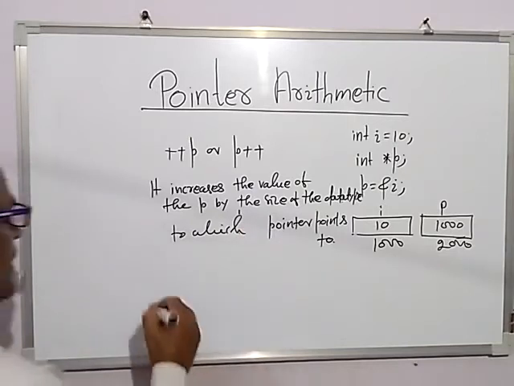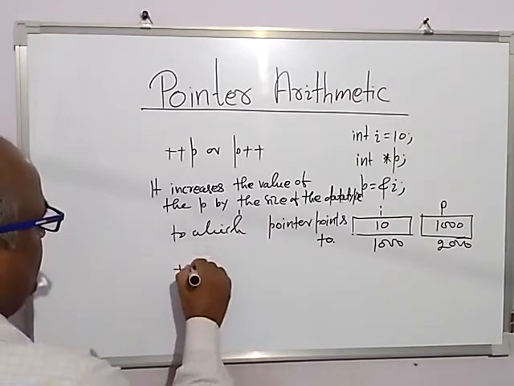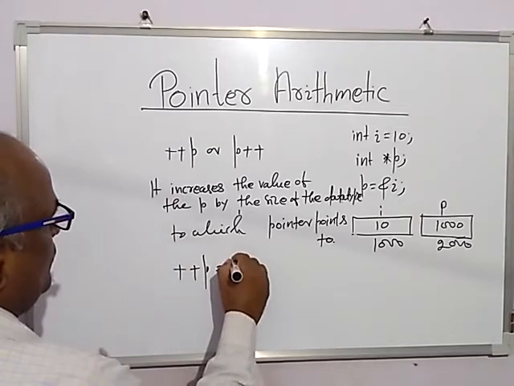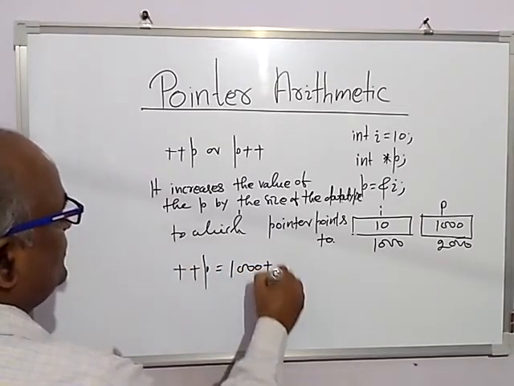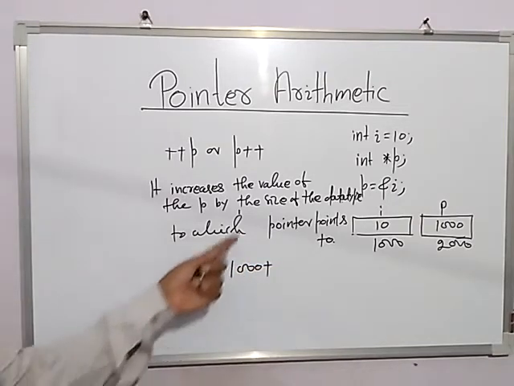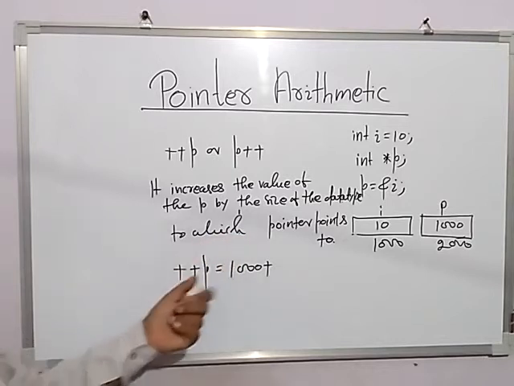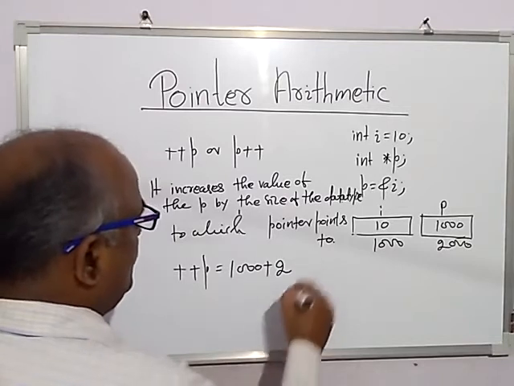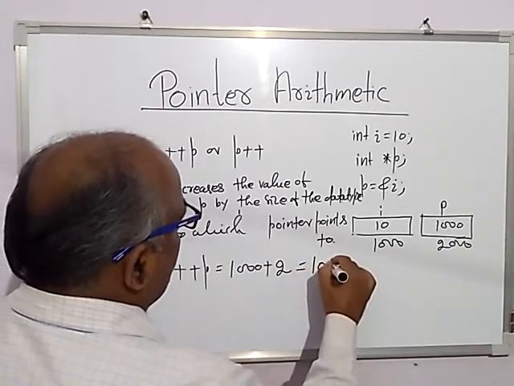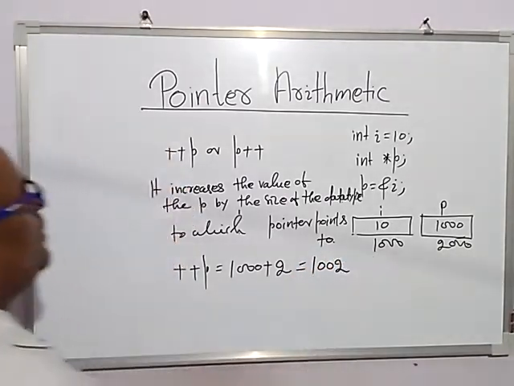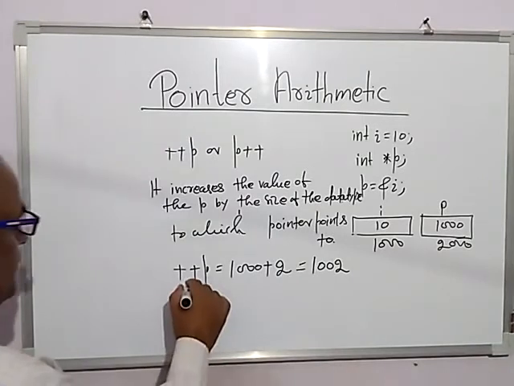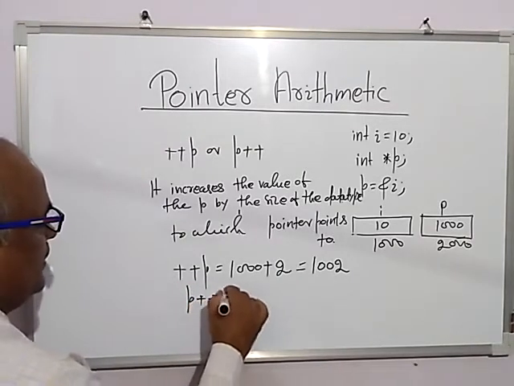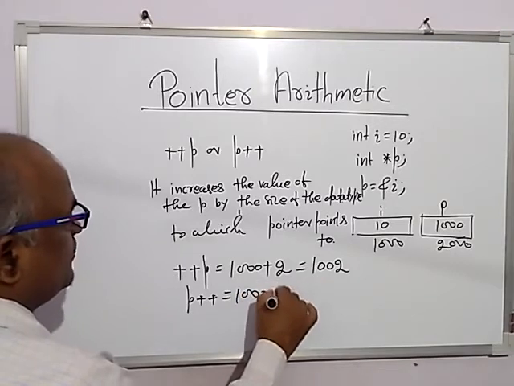That means in this case, ++p is equal to 1000 plus the size of the data type the pointer points to. Since it is integer type, the size of integer is 2, that's why it is 1002. Similarly, if you write p++, same thing, that is 1000 + 2